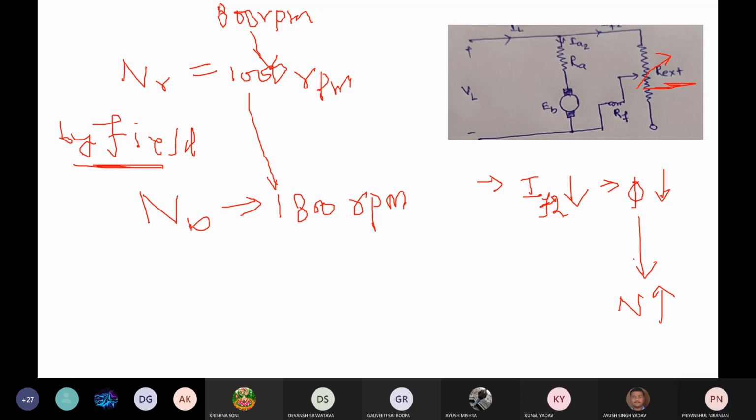It is possible when, for example, you use a fan. When we switch on, the fan achieves the rated value after some time. You see in the home, when we switch on the fan, it achieves the rated value after some time,